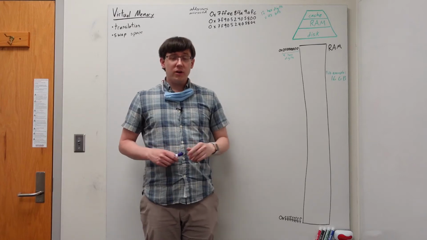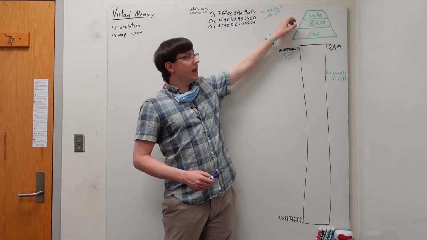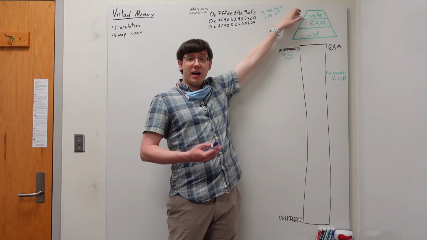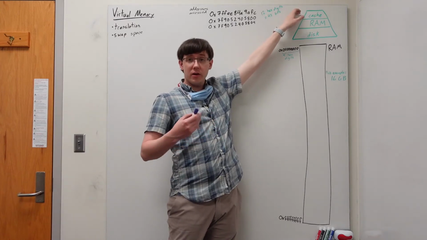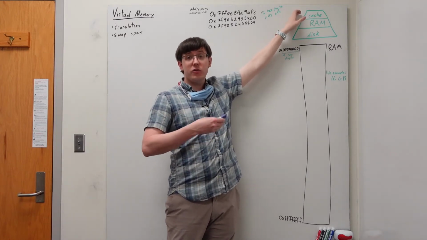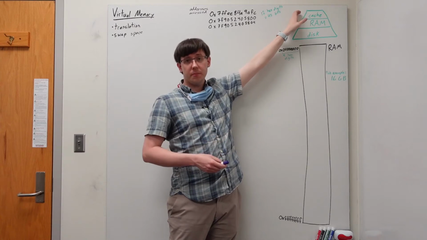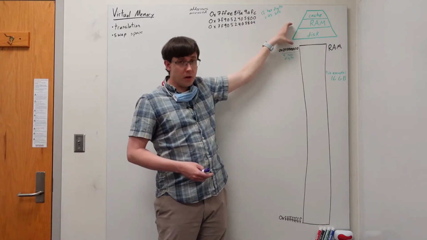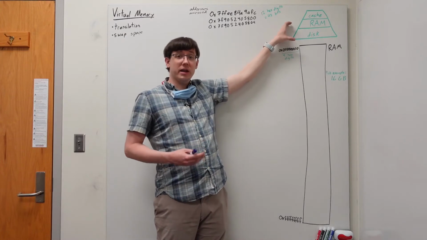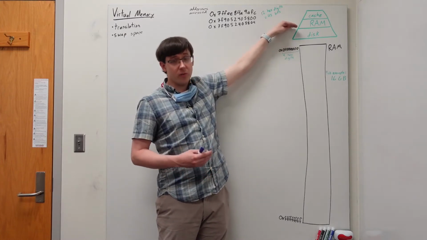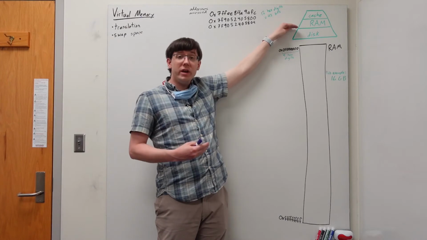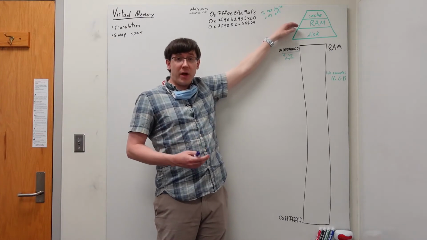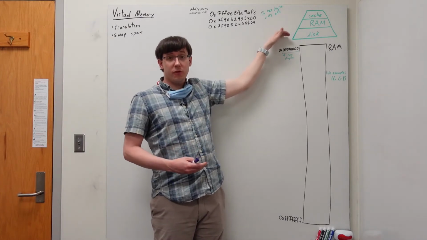In the last video, we talked about how data is moved between RAM and cache, and how we determine where data goes in cache and what data to replace when the cache is full. In this video, I want to talk about similar concepts lower down the memory hierarchy, including how data is laid out in RAM and what we do if RAM fills up and we have to move data further down to